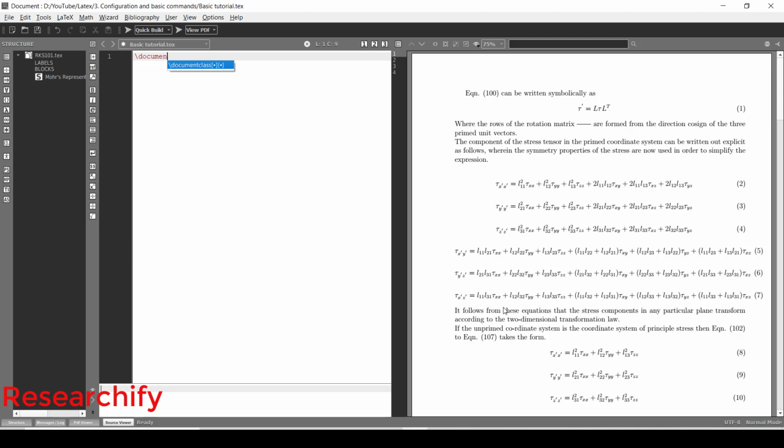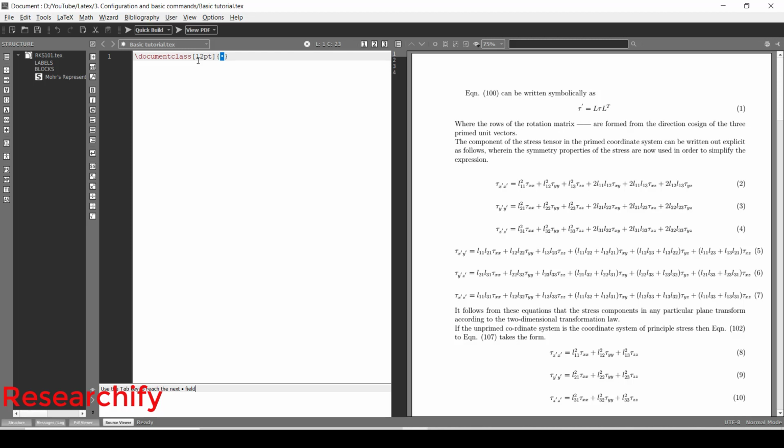Here, this is coming from the library of TeXmaker. So here, backslash documentclass, enter, and you will get two options. Here you will see a square bracket and one is a curly bracket. In the square bracket you have to mention your font size. So I will just give 12pt. Okay, pt. Now just press enter, tab, and you will get to the next bracket, that is the curly bracket, and here you